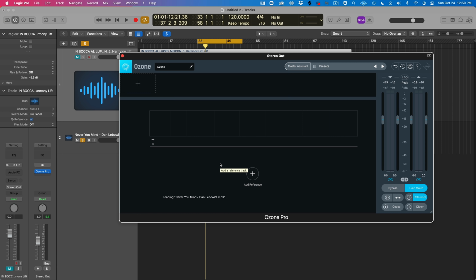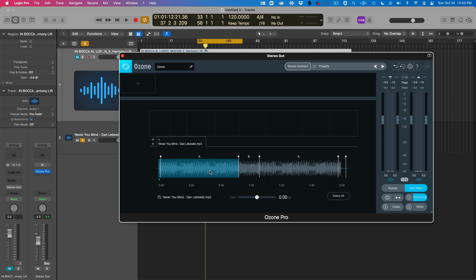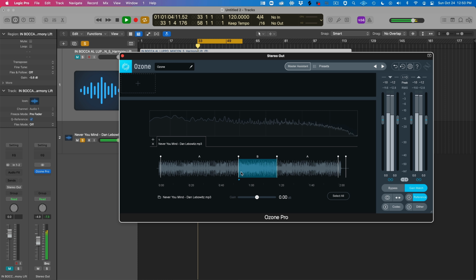And here's a really cool thing that happens. It automatically segments things into these different A, B, A sections using machine learning. It'll go, oh, that's a chorus, that's a verse. And we can draw out the loop points a little bit like this. So